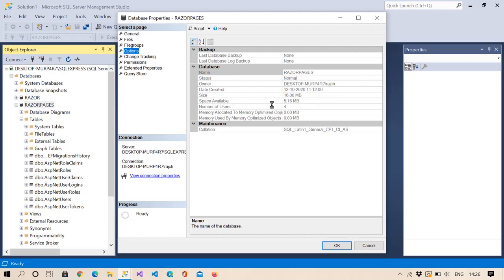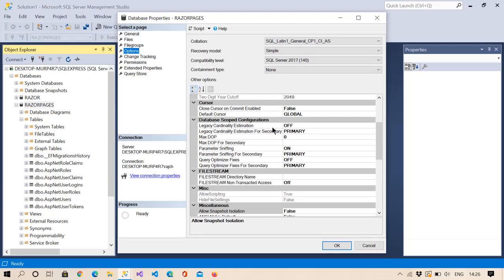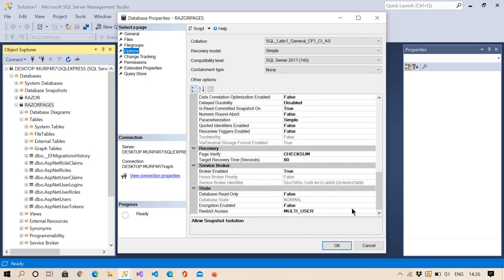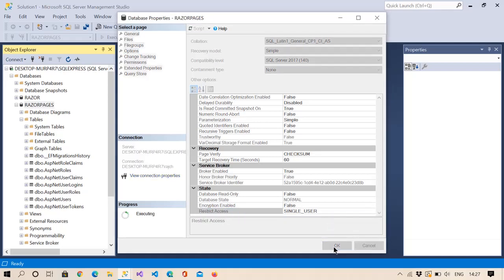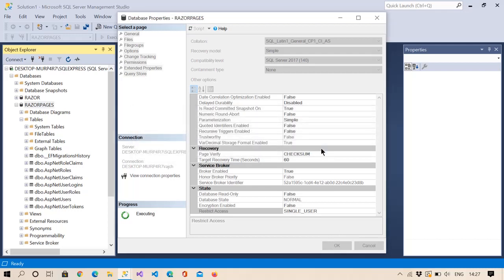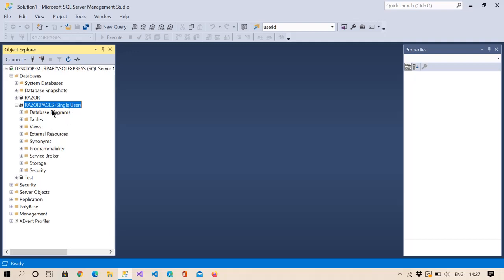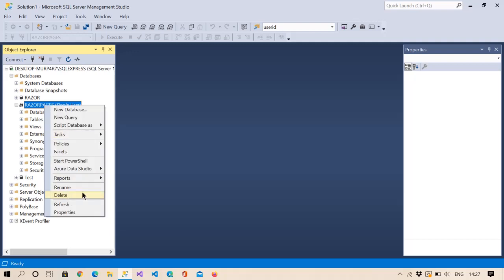I just clicked on single user instead of multi user. Let me click on this yes button. Now we can delete this database.